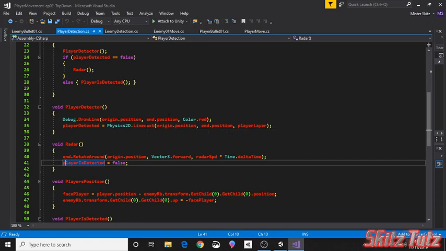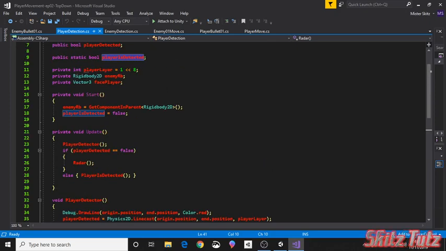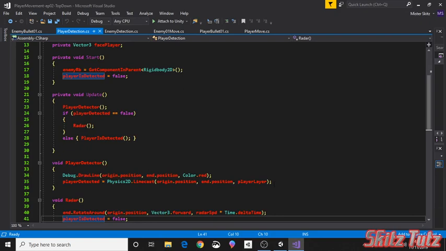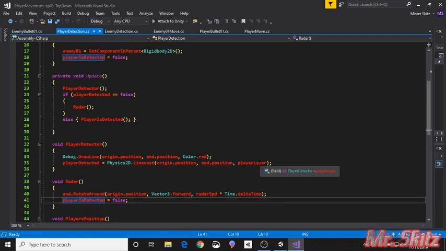So if you notice, we have our origin position, our end position, and we have the player layer right here, which is our bit mask that we did right here. So that's what's actually in there. So we're looking for the player, which is that number 8 layer, and it'll return true,